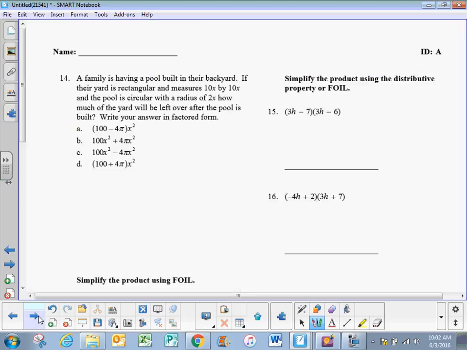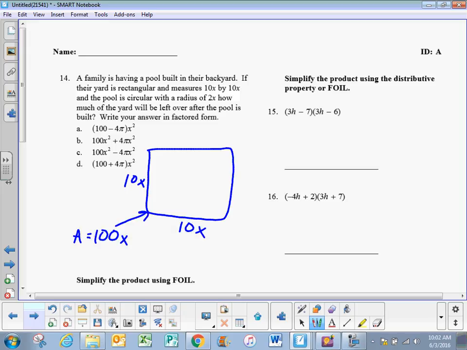Page 2. Page 2, number 14. I can see some of you missing this one. I personally would draw a picture. 10x by 10x. What's the area? 100x. 100x squared. Okay. What about